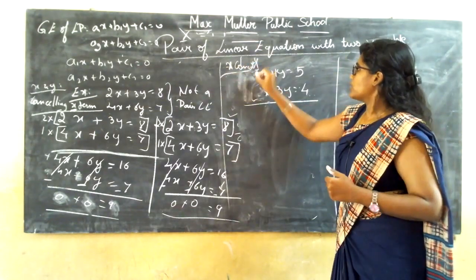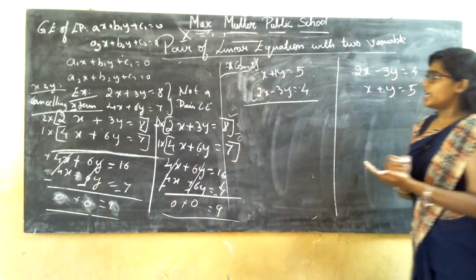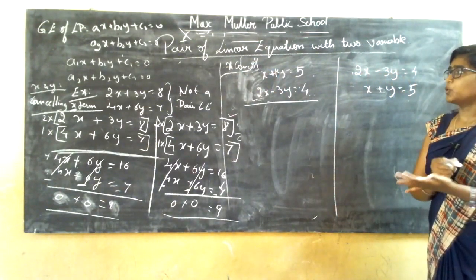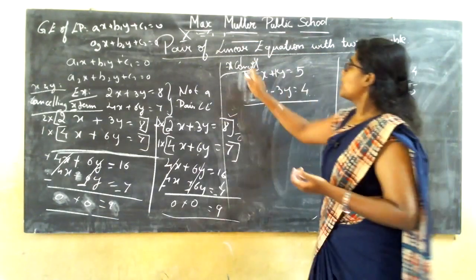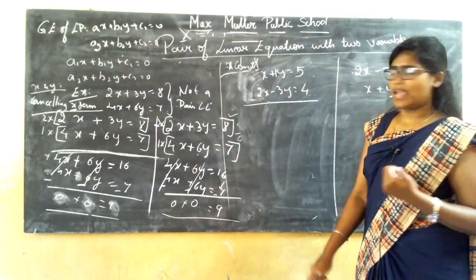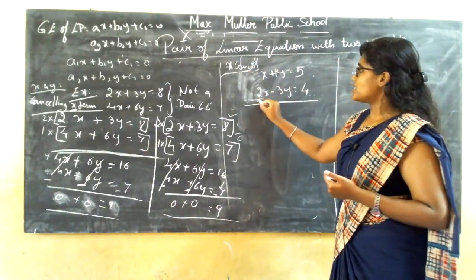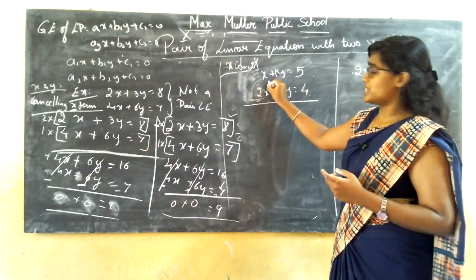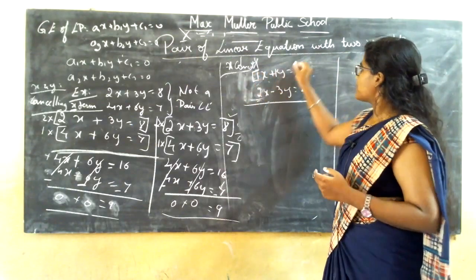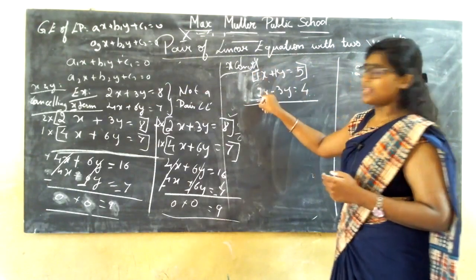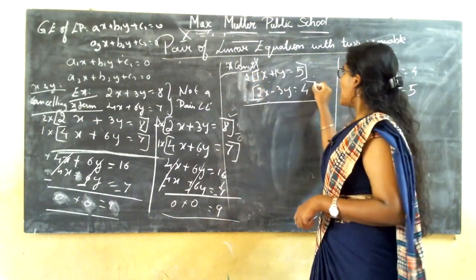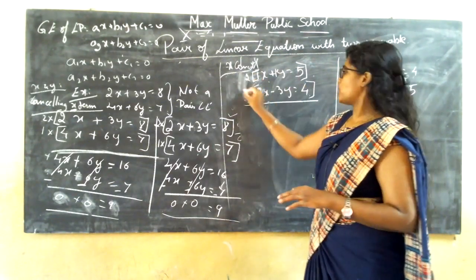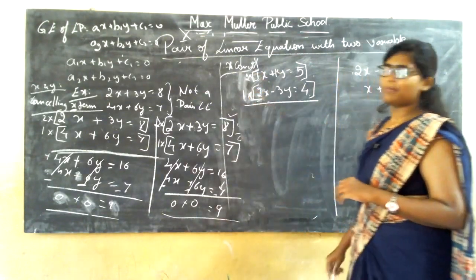So the equations are x plus y is equal to 5 and 2x minus 3y is equal to 4. Now you are doing the cancellation for x terms. What is the highest term you have? It is 2. What is the least term you have? It is 1. Always multiply the least term to get the answer of the highest term. So it is multiplying by 2, and let me keep this 2 as it is. For that, by keeping as it is, I need to multiply it by 1.